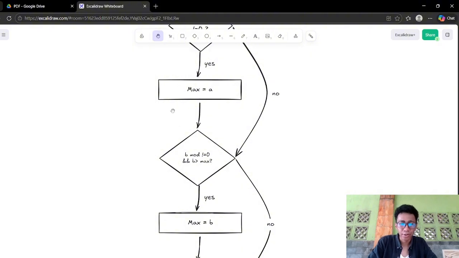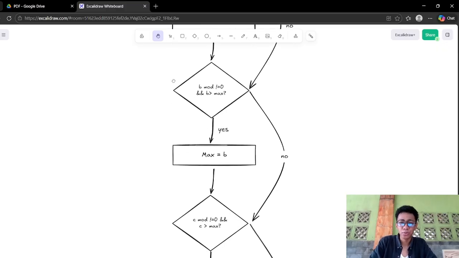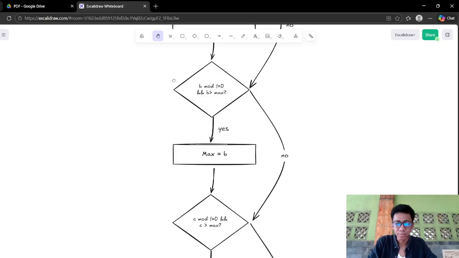We check B whether it's odd or not, and whether B is greater than max value, which has the value of A before.